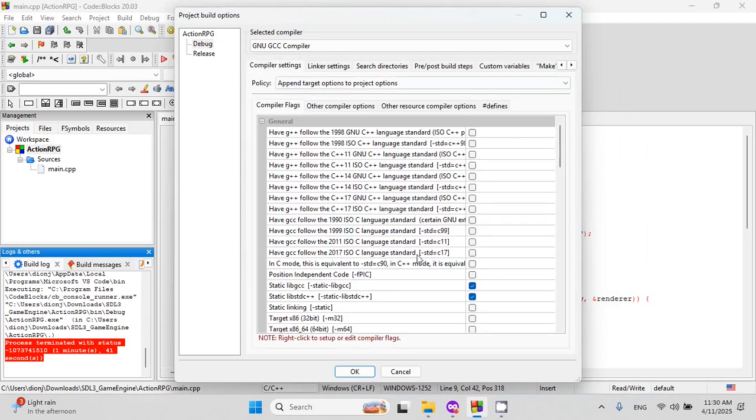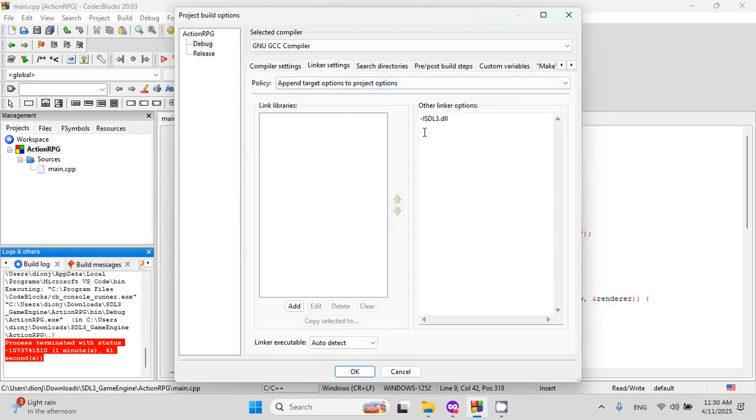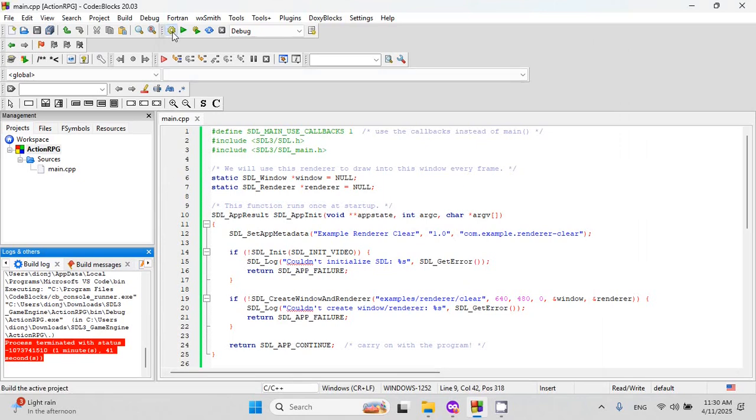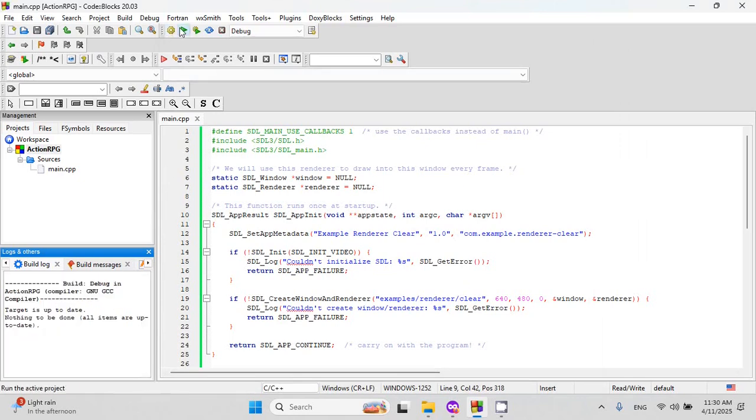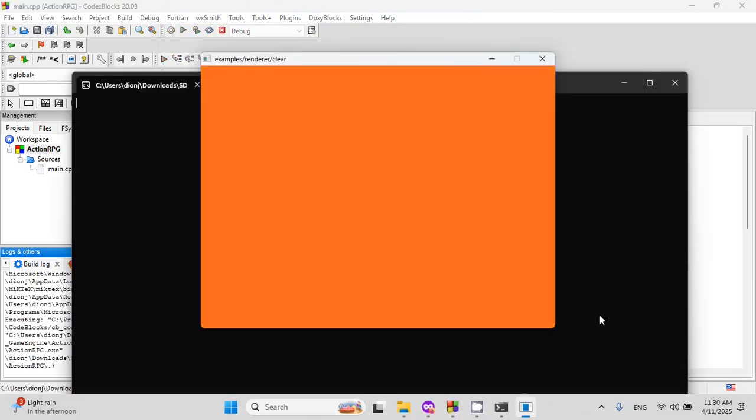Once you have the search directories, then in the linker settings you type, I didn't type the SDL forward slash, well, that was a dash L, capital SDL3, and I click OK. All right, and now I should be able to compile and run the program that I installed for the Simple Direct Media Layer. Hopefully this video will be useful to you when you install the Simple Direct Media Layer,